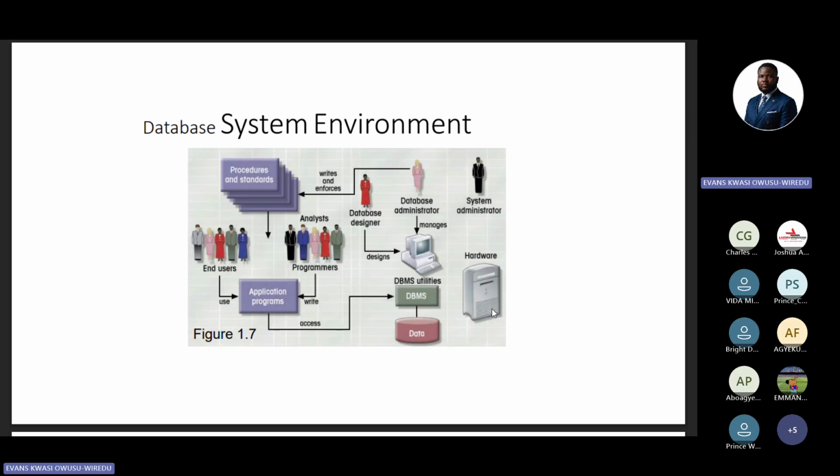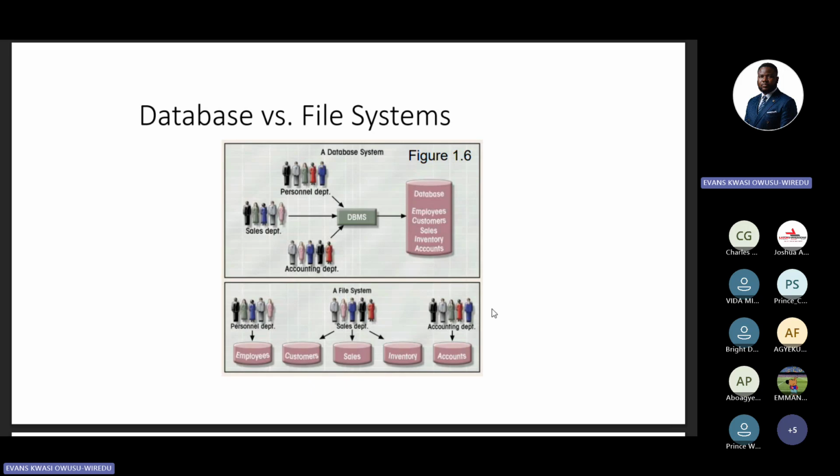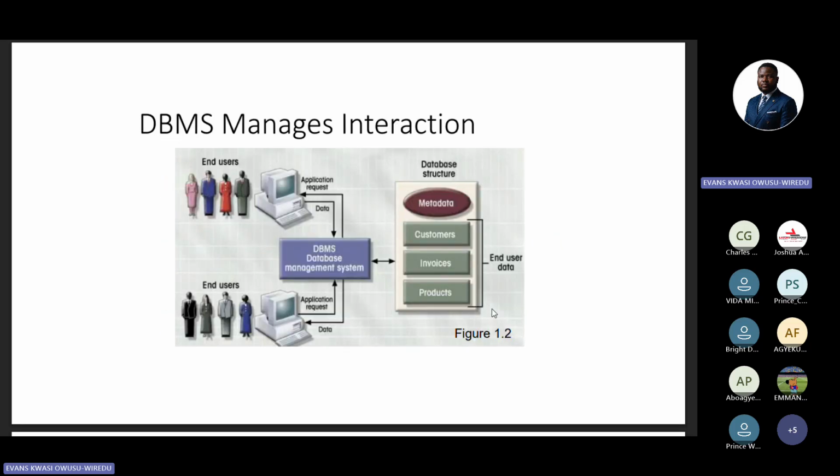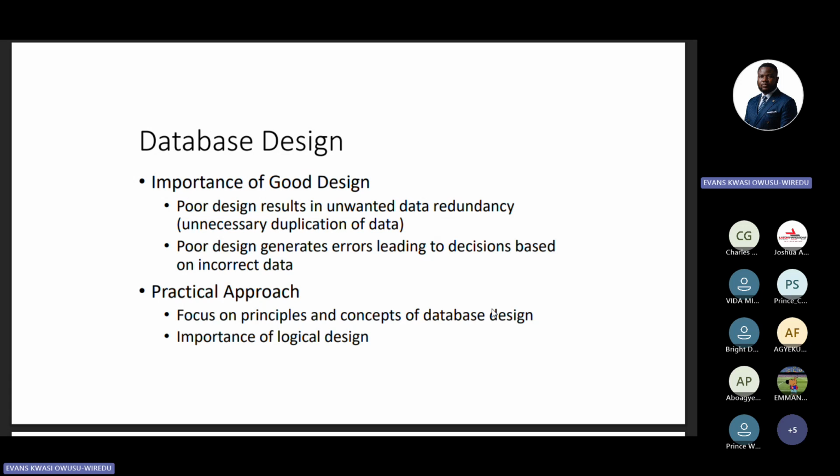So this is what we have here. When we talk about data at the back of the DBMS, this is what we are talking about. Basically, the data here is the data structure, which includes the metadata and then the end user data. So when they ask you what the components of the database structure are, you can say the metadata and then the end user data. You get me? Please note these ones. They are very, very important. Are we following? I want to ask some questions at this point.